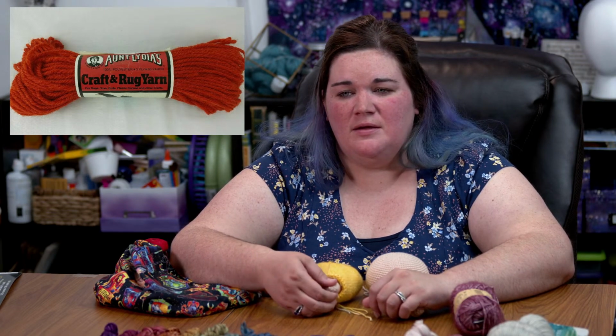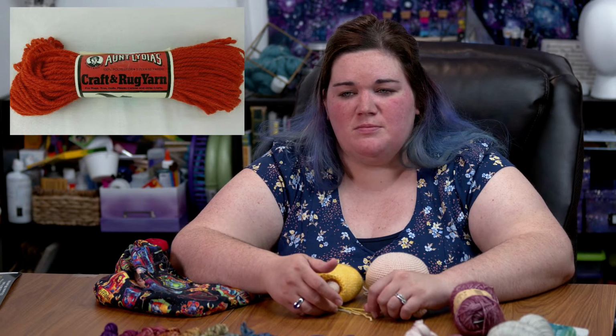So that was the yarn that I was getting rid of. I think it was also probably for macrame. It was pretty rough stuff. But anyway,